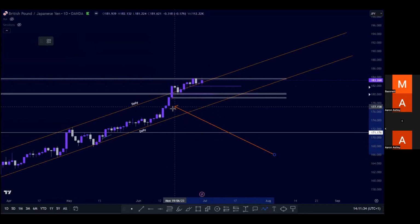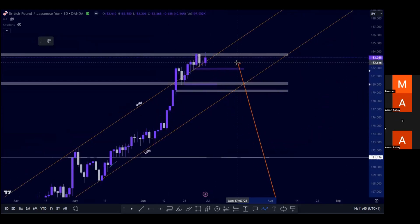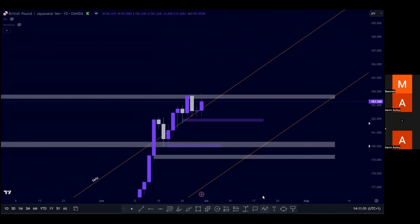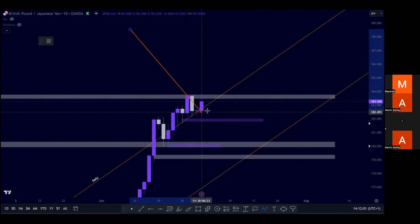We've got a lot of imbalances, a lot of gaps in the market down here. So we are starting to see this resistance establish at 183,700. We're seeing this area of resistance, but once again, just to pay attention to, going into the convergence of lines, we've broken out of this trend line. I'm starting to see price respect it as support. But what we can see here is this area of resistance, this trend line acting as support, and now